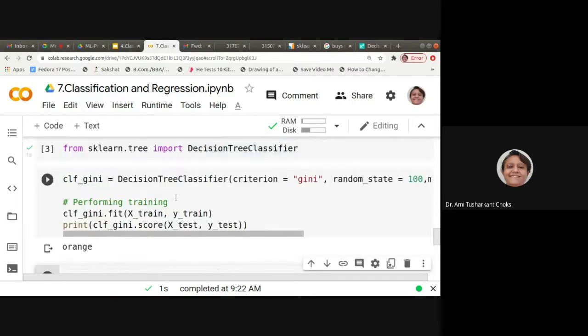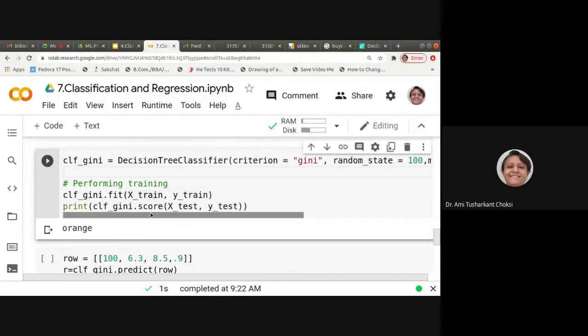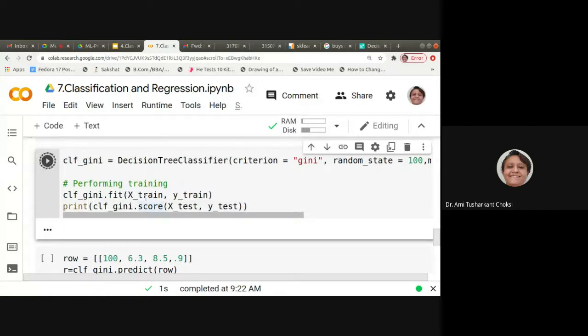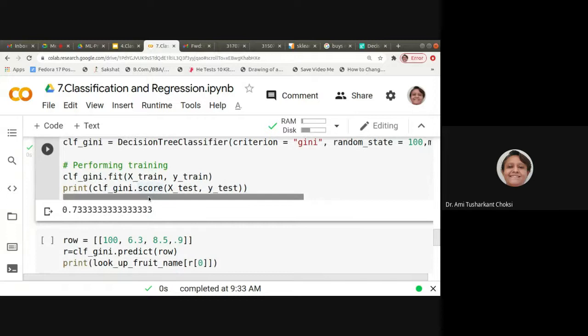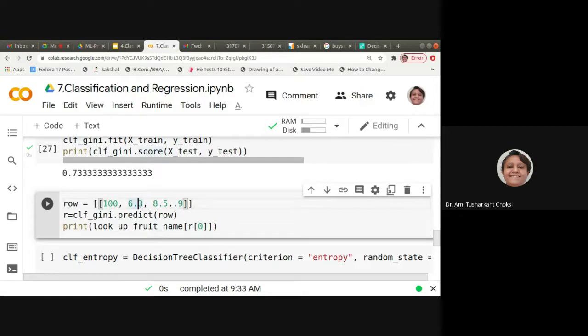So now what we are doing is training the model and finding the accuracy score, right? So let me run this. We are getting the accuracy score as 0.73333.